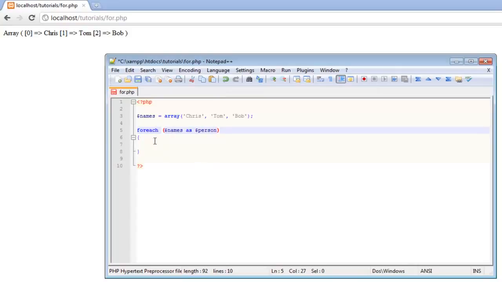So what we've done here is every time this loops, it's going to look at the names array and it's going to declare a variable of the current value, so either Chris, Tom, or Bob, as the variable person. So we can now use that. We can say echo the name is, and then we can concatenate a person. We can use person as the name of the person and save that,